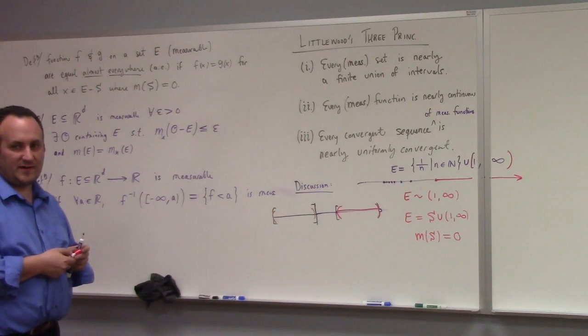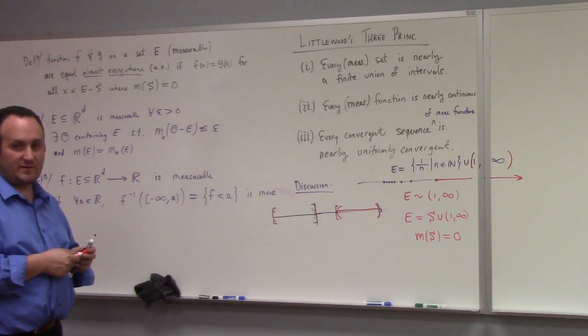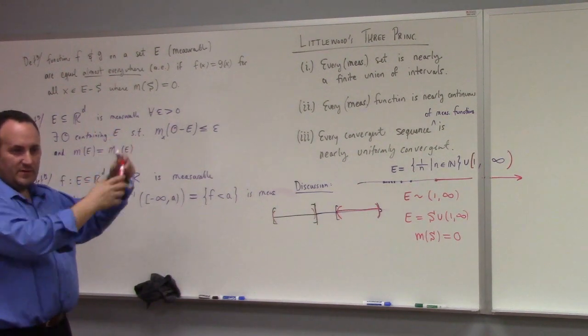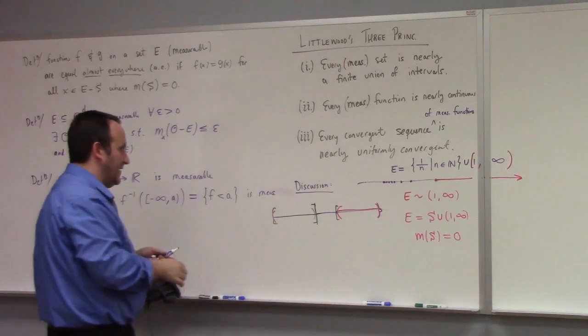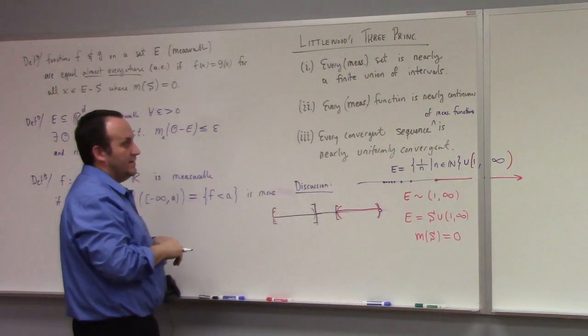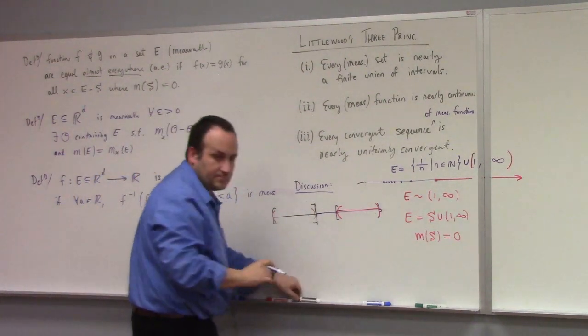Now, he doesn't come out and say that this is the notion of nearly. He says that the notion of nearly a finite union of intervals was captured by that symmetric difference thing we looked at last time. Part 4 of the theorem, I think I drew the picture of, and we spent a long time. He says that is what this means formally. And then 2 and 3 are theorems that we haven't yet stated that I'll state now.